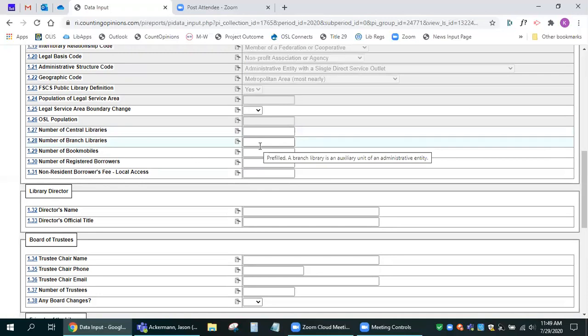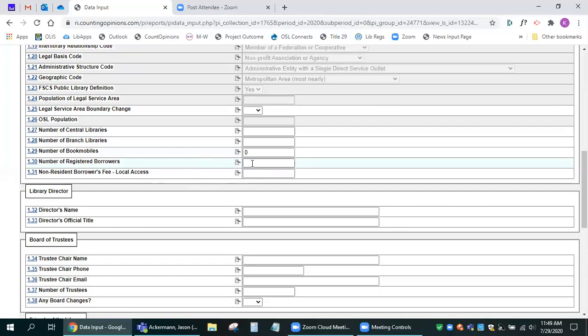If you do not have any of a particular item, for example, let's say number of bookmobiles, 1.29, we're going to say 0. Okay, click away from it. That means we have none of this item. So we have no bookmobiles.